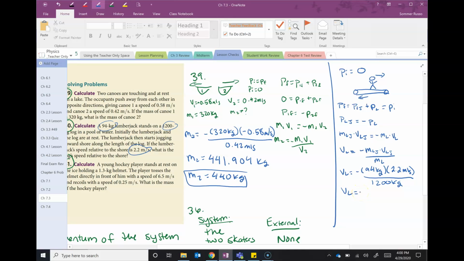So we do get the fact that the velocity of the log is negative 0.17